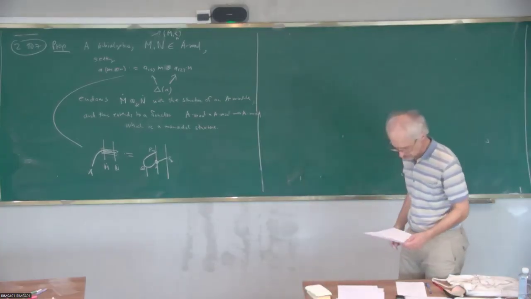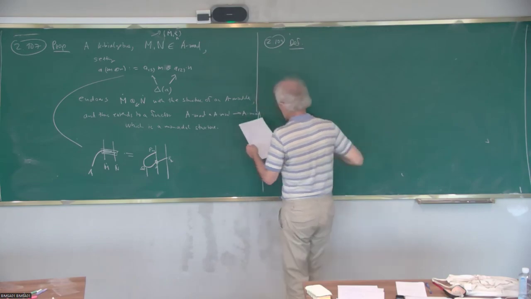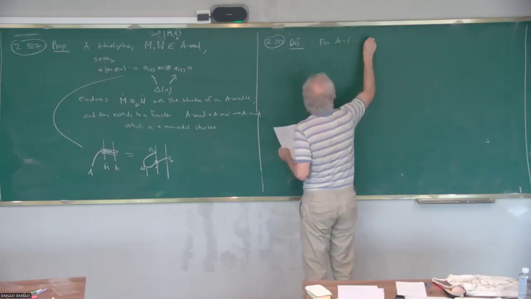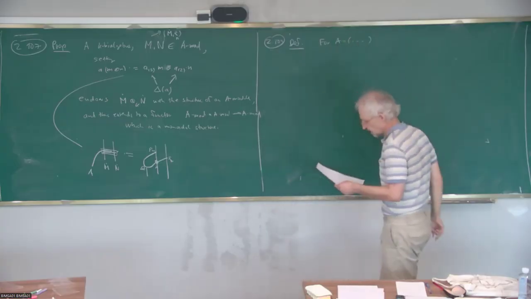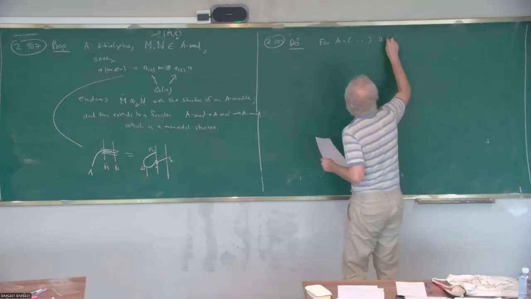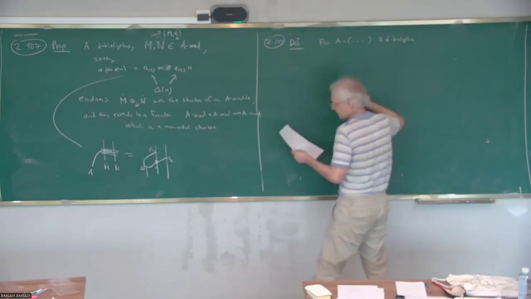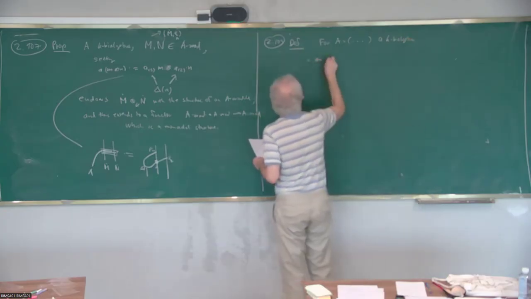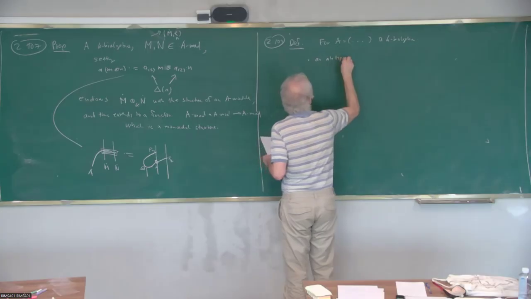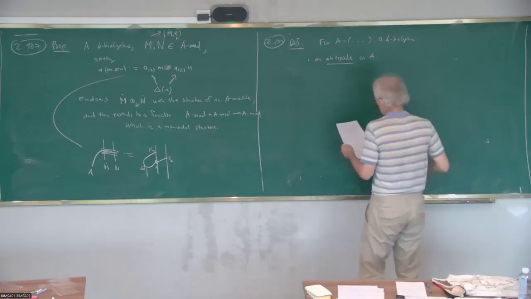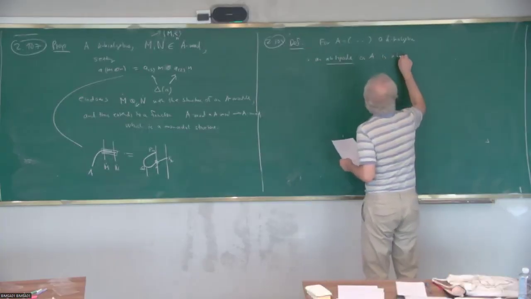For this we define, for A, with the same notation as before, the bi-algebra, an antipode on A. It's a k-linear map